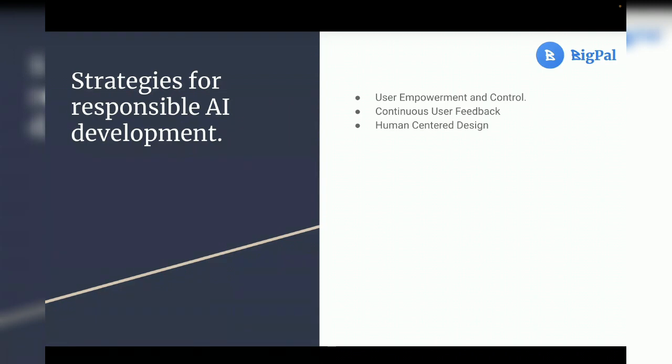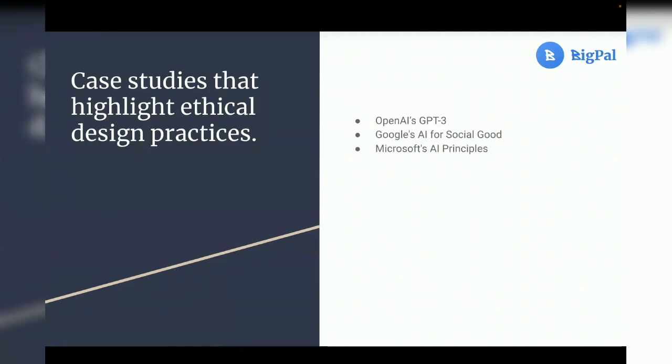Very important. So, case studies that highlight ethical design processes. Microsoft AI principles. They do not joke. That's a very big company, so they know better than to joke with ethical design practices, because trust me, that would cost so much money. Anybody that wants to sue Microsoft, as big as they are, same thing for Google. They don't joke with ethical design practices. Same thing for OpenAI, ChatGPT. I'm emphasizing this because it is very important.